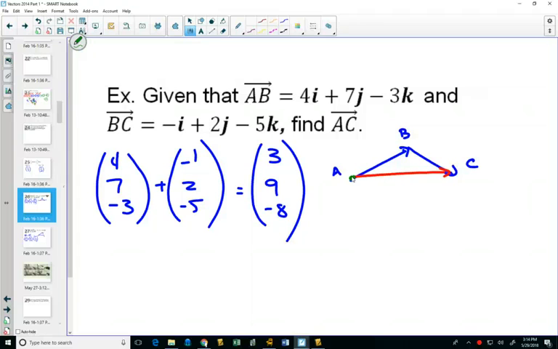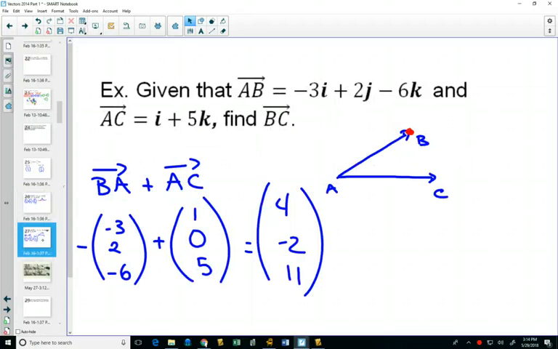And showing what this would be, we would take our first vector, add our second vector, add the corresponding components, and you get 3, 9, -8. Now, we're not drawing our diagram to scale by any means. I mean, these are 3-dimensional vectors, and we've drawn it in 2-dimensional space. Keep manipulating. Okay? In our next example,